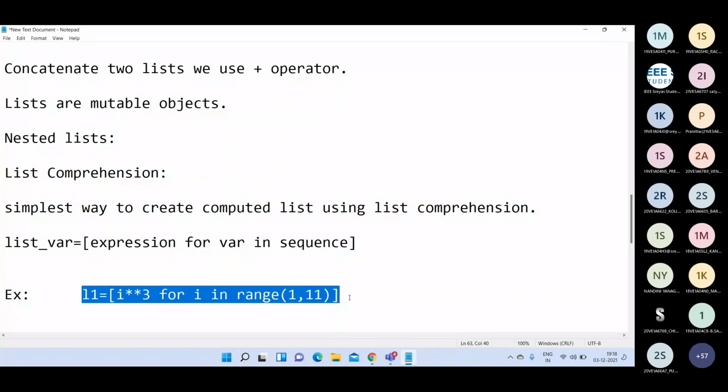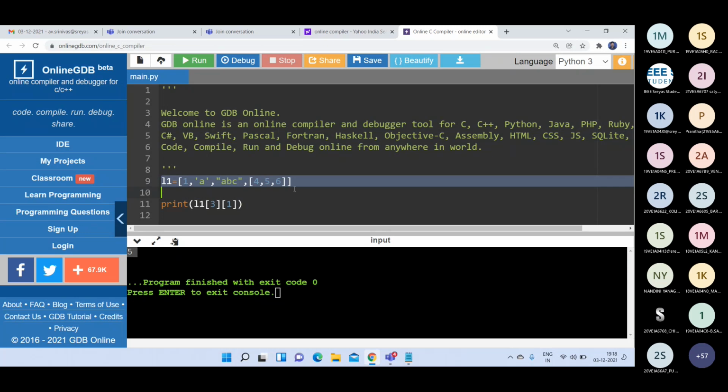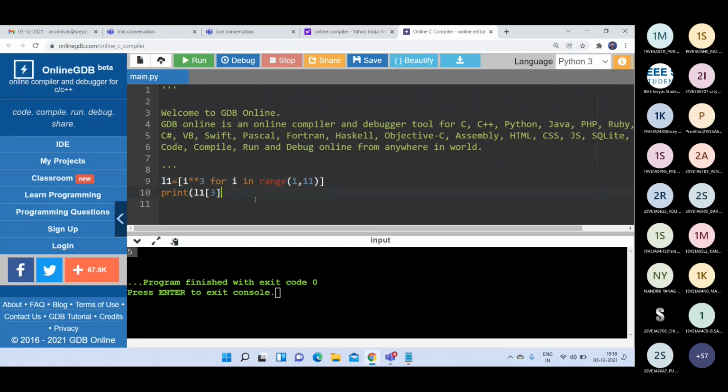So if I copy this and write it in this code, then if I print L1 here, you will get the output as 1, 8, 27, 64 up to 1000. See here: 1, 8, 27, 64, 125, 216, 343, 512, 729 and 1000.